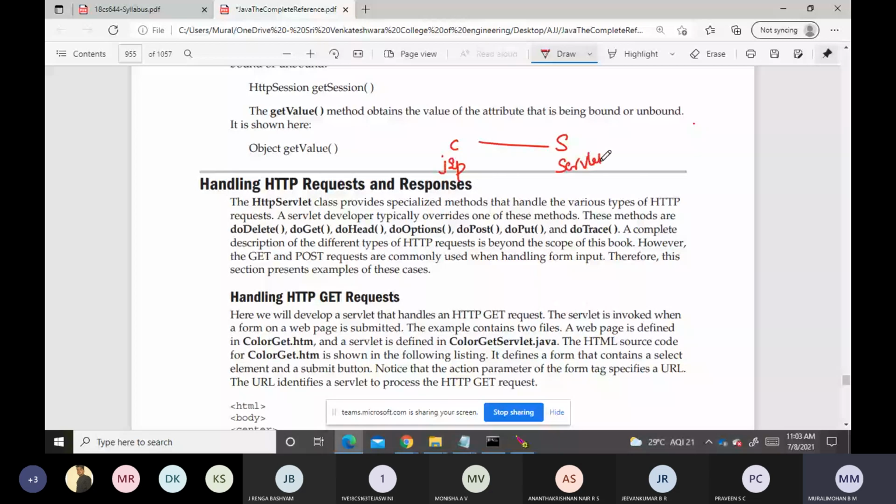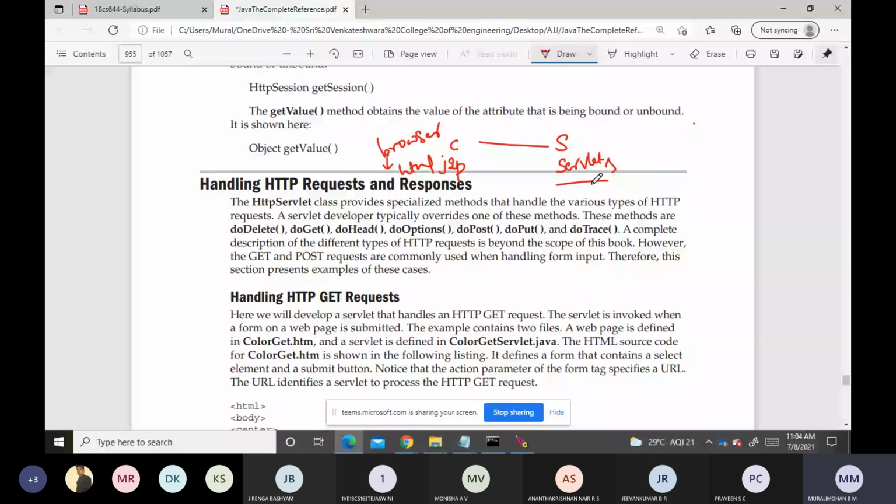So the browser is acting as a client, and the client program we write by using HTML. The servlet we write and store as a Java file.